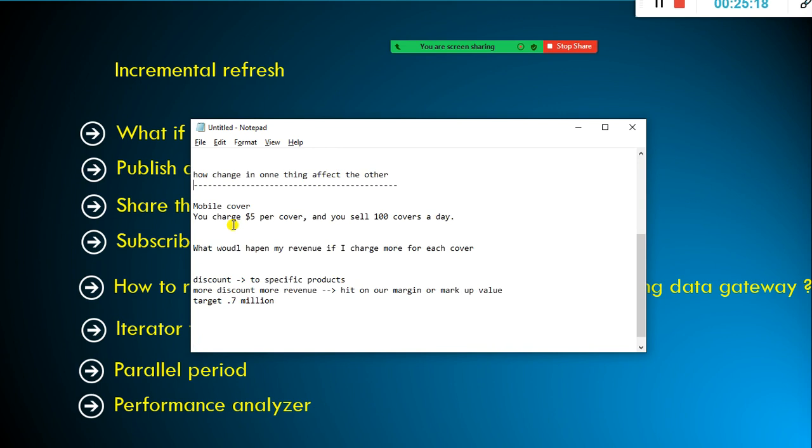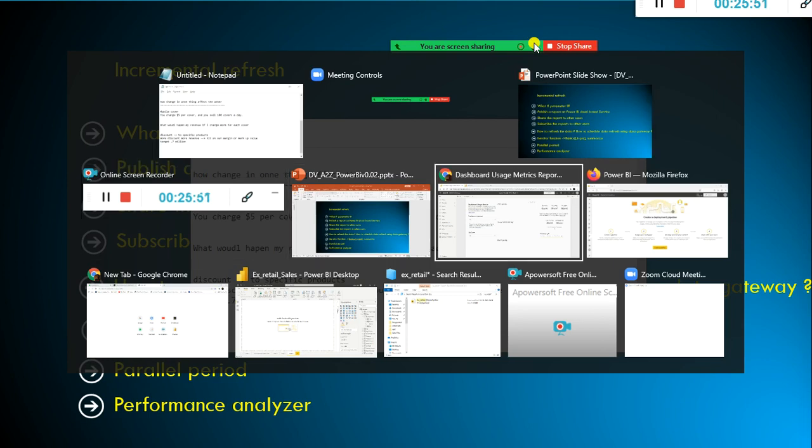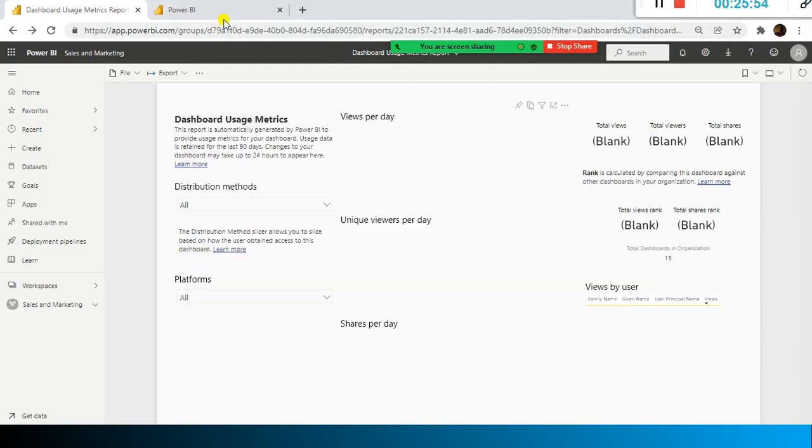So you can set the target, and then you can see, okay, we have to give more discount on par with our competitor, otherwise we are going to lose the momentum. But the margin is wafer thin, or not so impressive. But to sustain the momentum, we have to do it. So more discount, more revenue, but the profit is not much, right? Fine. So what we do is we try to build the scenario.